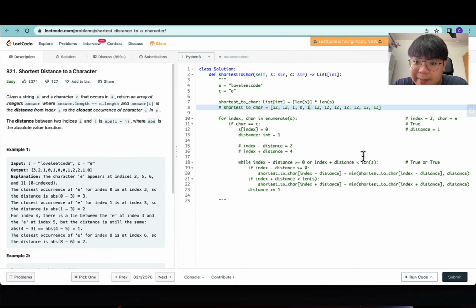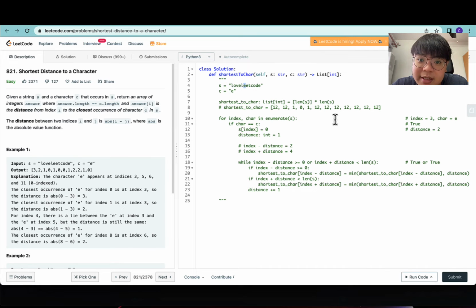So over here, we will update this with 1. And you get the idea. And from here, we will be incrementing distance by 1. And in that effect, this would now be pointing at index 3 minus 2. So distance is now set to 2. And we continue. So we are looking at V and